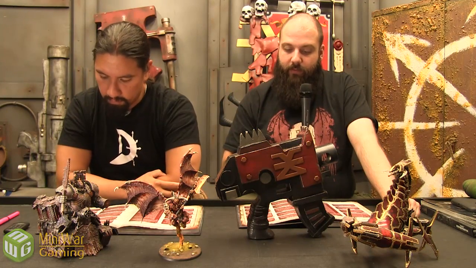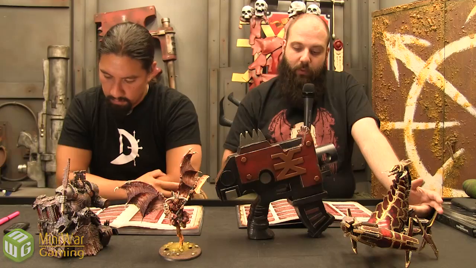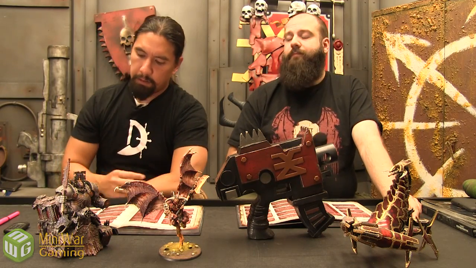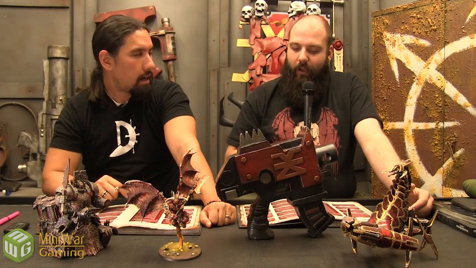You add 1 to the result if the unit has more than 10 models. You subtract 1 if it's a character. On a 4 up, the unit suffers 3d3 mortal wounds. 3d3 mortal wounds, so a potential of 9, at least 3. On average, you're getting 6 mortal wounds on something. On a 4 up, I don't think that's...